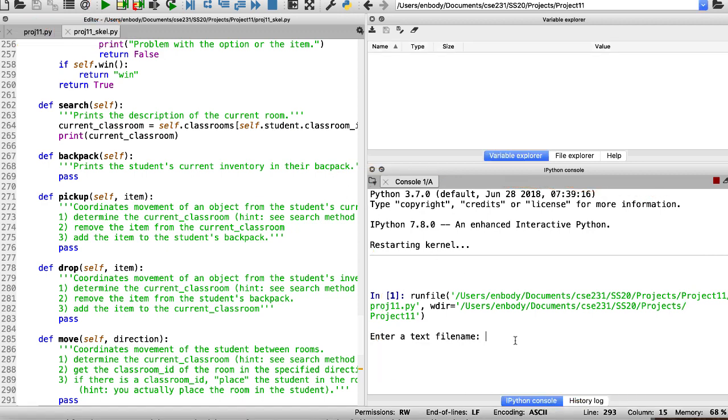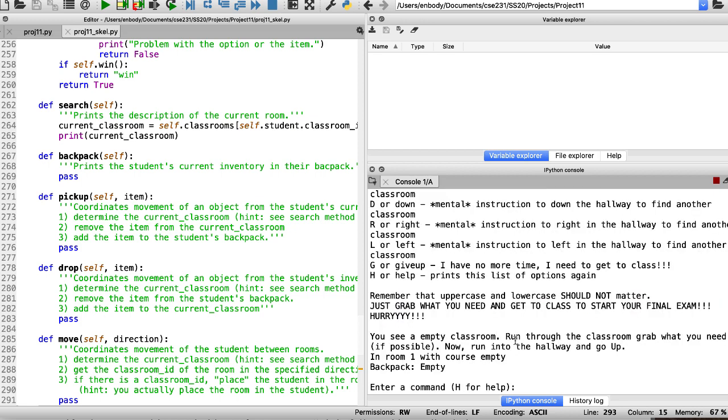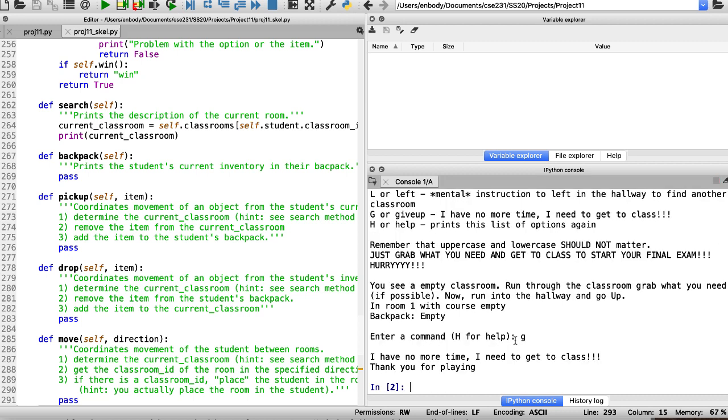All right, so I fired this thing up. I'm going to put in, well, it actually doesn't matter. You'll see in a second. It doesn't matter what I put in. It fires up, it runs, and I'm going to get out of it right away. Give up. Okay. So why did I do that? Well, that loaded all the classes in here, and